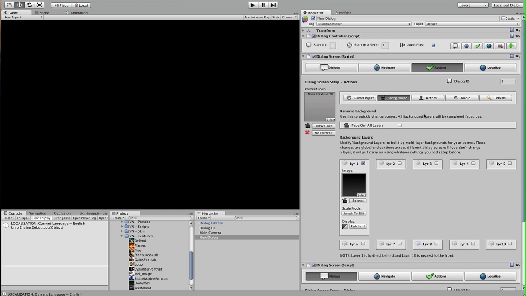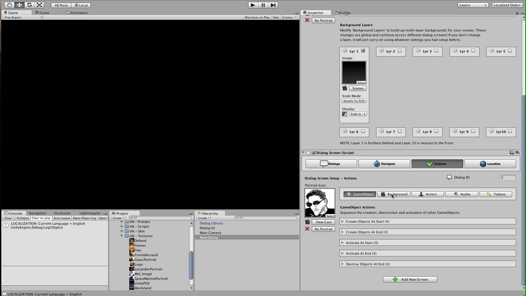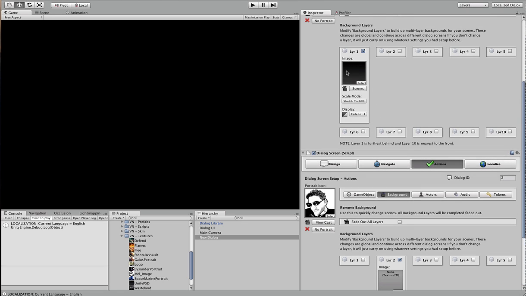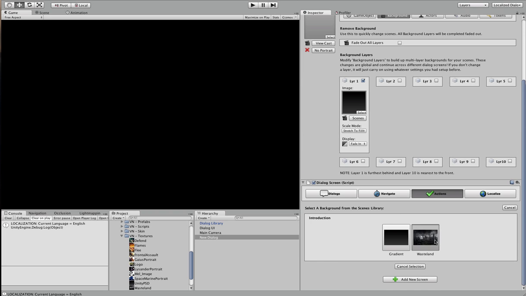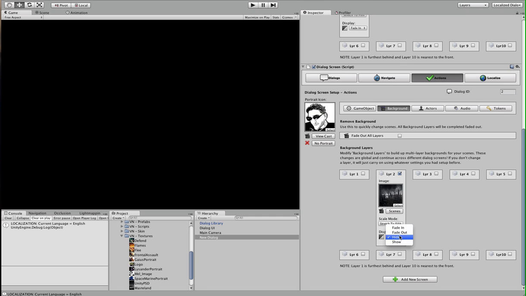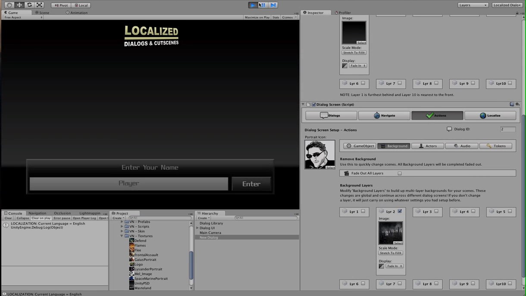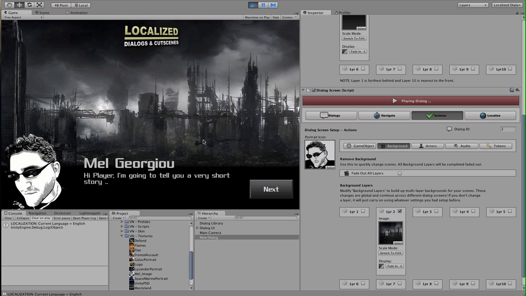So that's pretty cool. So if we move on to the second one, in the second background layer, so remember the first background layer was this one, the gradient. The second background layer, I'm going to choose the wasteland and have that fade in. So let's see what that looks like. If I press play, enter your name, play is fine for now, and I say enter, see the background is faded in, and it says,